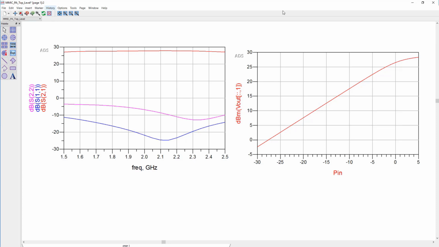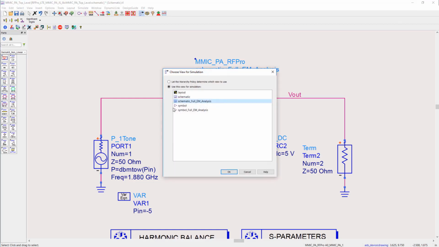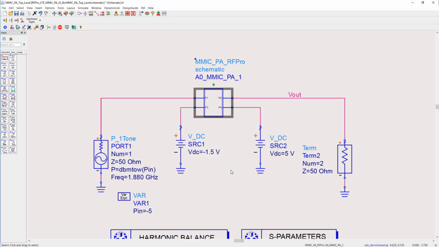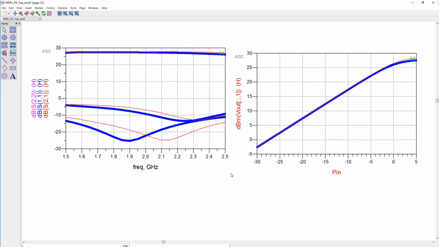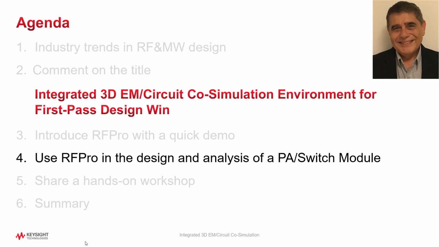I can even keep the simulation results in the memory by turning the history on and be able to display both results on the same plot for better viewing of the change in the results from both views, circuit versus EM, as shown here. And this is all to it.